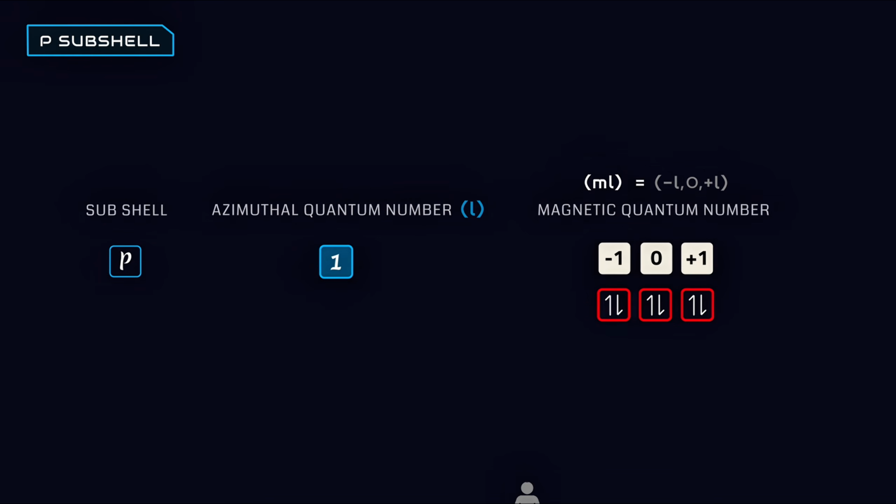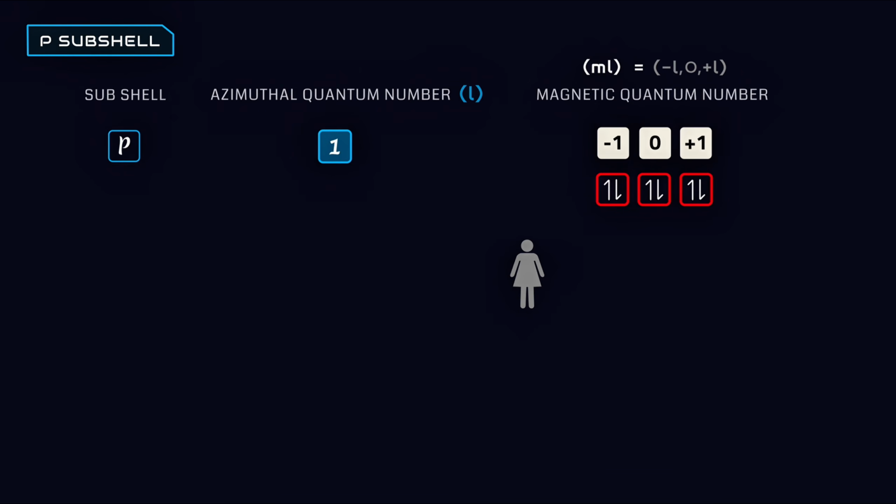For example, when we determine the position of something, we use an x-y axis, a 2-dimensional diagram which starts from 0 and extends with negative numbers to the left of the center and positive numbers to the right. These magnetic quantum numbers function similarly by indicating the orientation of the orbitals in 3D space.